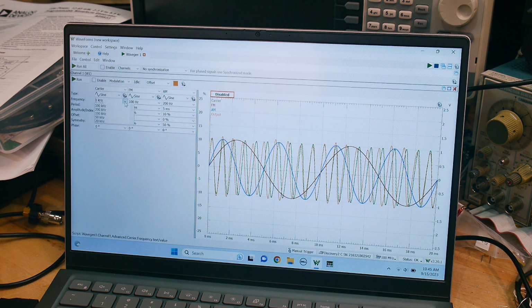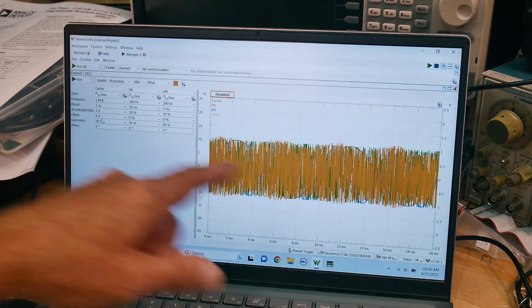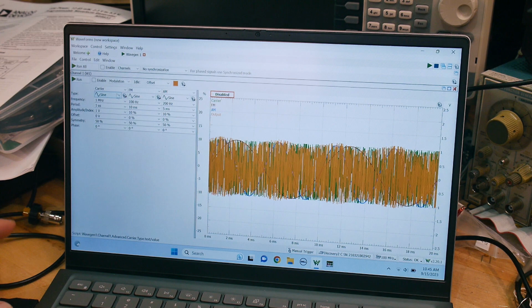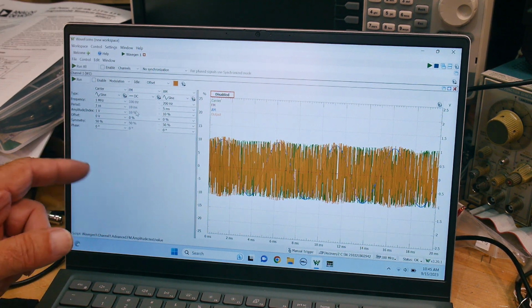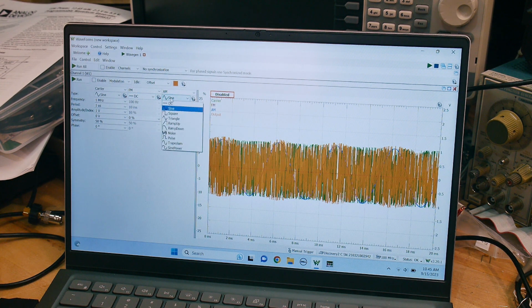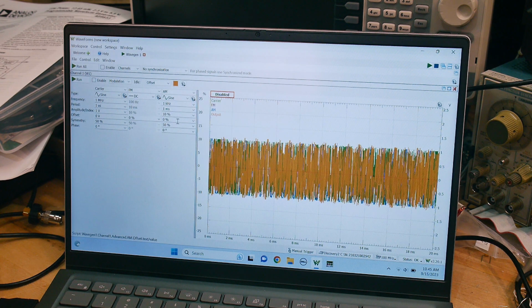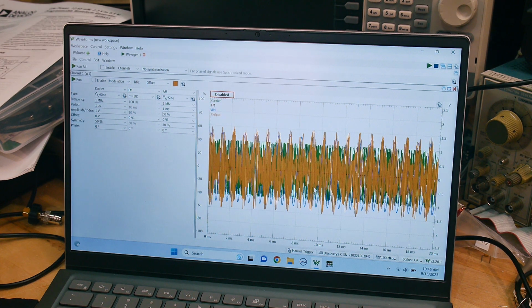I'm going to change our carrier here to, let's say, 1 megahertz, okay? That's our sine wave. I'm going to say we have no FM. Let's see here. How do you say we have no FM? I guess like that. And we are going to modulate the carrier with a 1 kilohertz tone, a 50% modulation depth, and then over